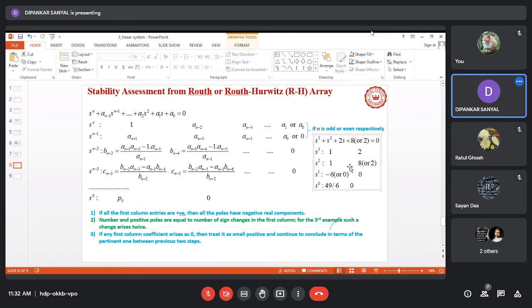So when both the lines are 1 and 2, of course, instead of this -6, we'll be having a 0 here, and this 0 will be treated as epsilon. Then this term will be 8 epsilon divided by 8, right? Sorry, 8 into epsilon minus 0 divided by epsilon. So here, instead of this 49/6, we'll be having